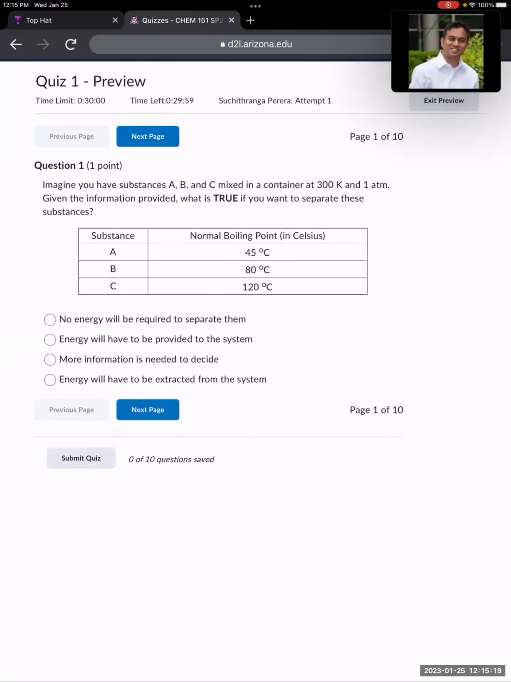All right, so let's go over some questions from Unit 1, Module 1. Let's start with this question. You have three substances, A, B, and C. You are given the normal boiling points. And then if you are at 300 Kelvin and 1 atm,